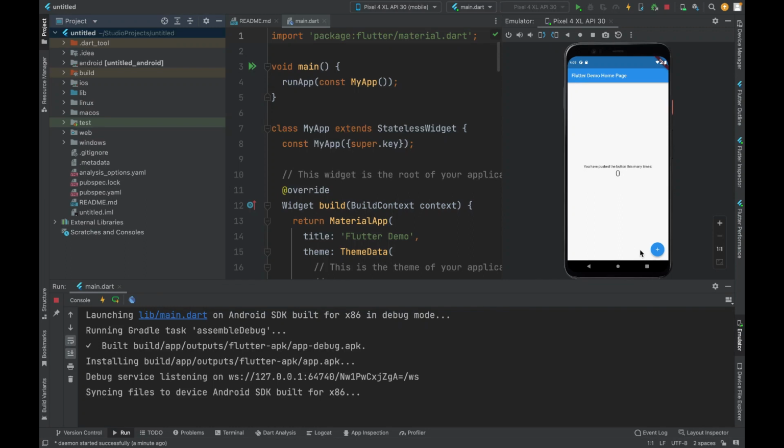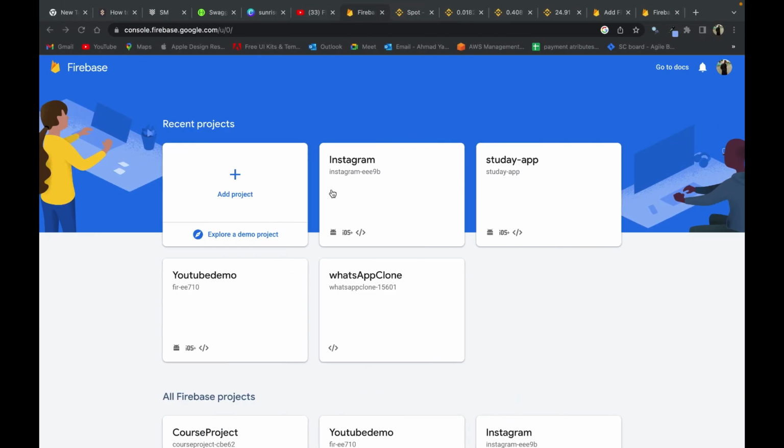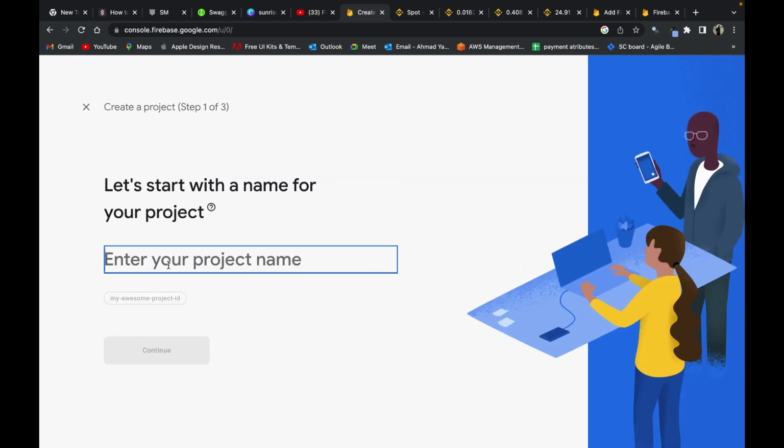In this episode, we are going to connect our Flutter project or Flutter app with Firebase. So here I have created a blank Flutter project and you see our counter is working, cool. So now I will go to Firebase console and I will create a new project and I will name it